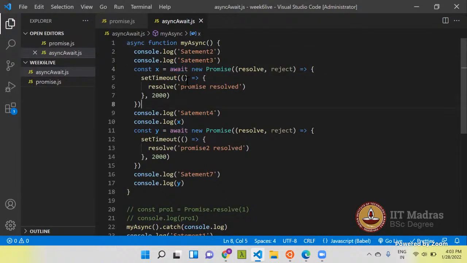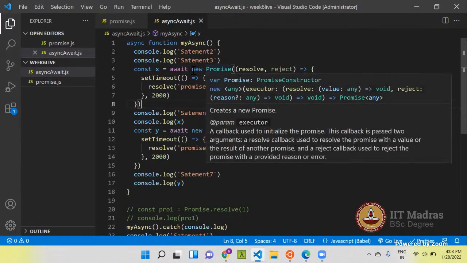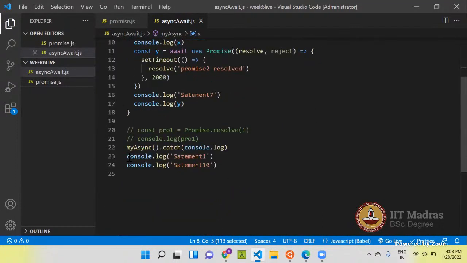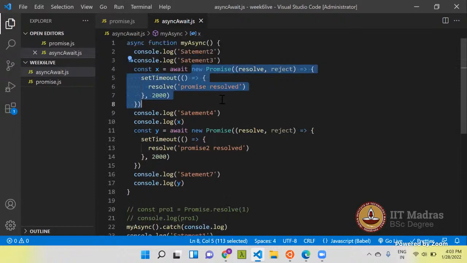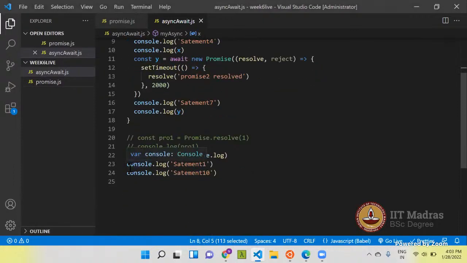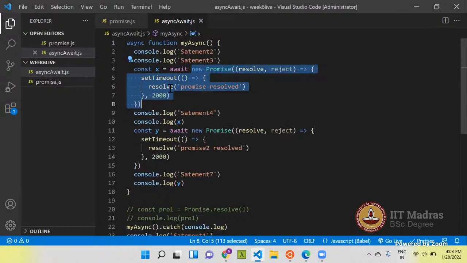So now whatever this statement is, it will be run asynchronously. The control will not wait for these things; it will go here, because this will be running asynchronously.